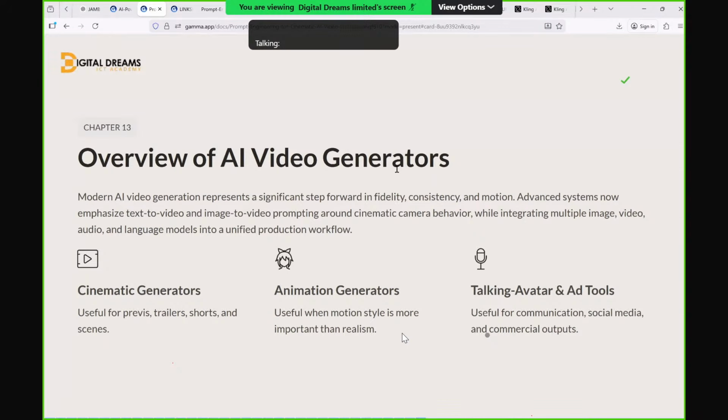Another type is you can also use it to generate animation. And that one is the talking avatar and art tools. We have already done the talking avatar, right? In our first class, that was the assignment, right? And you generated a good number of talking avatars, right? But moving on,